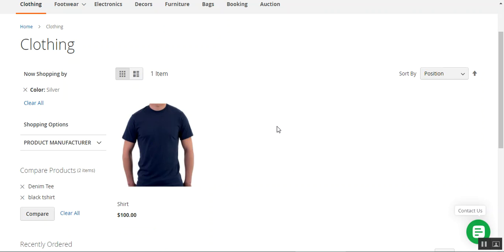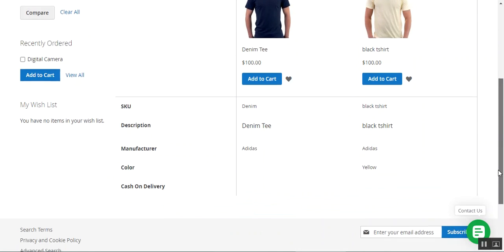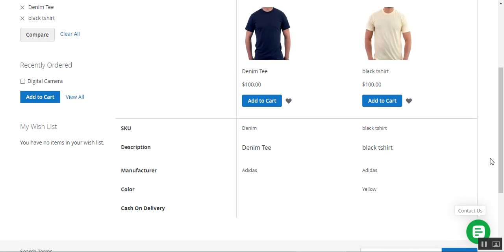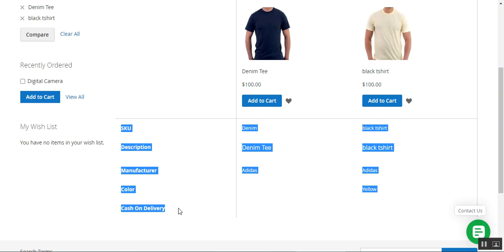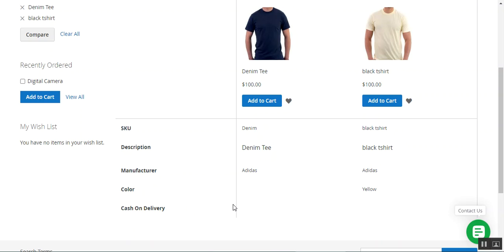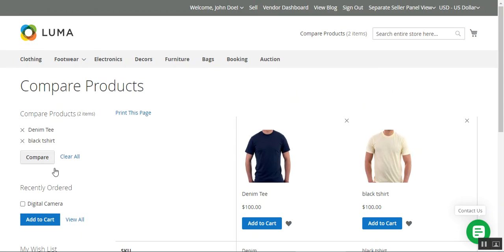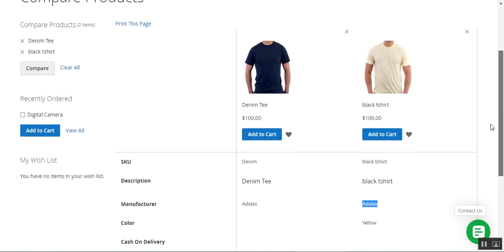Now the products with the custom options are also comparable at the front end. Using the custom attributes, the customers can check the different custom attributes there, and they have the option that allows them to compare the products. As you can see here, we have the SKU, description, manufacturer, color, cash on delivery or not. So here we can see that we have used the custom attributes to compare the product on the compare products